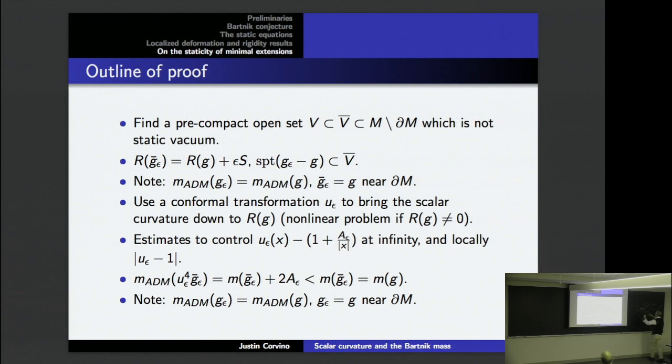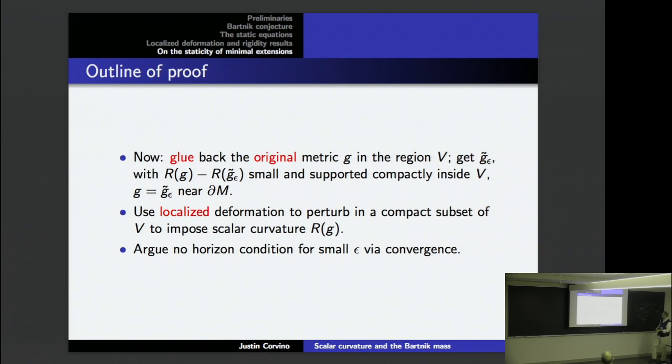So we've taken this original data, perturbed it locally by a little positive bump up of scalar curvature, hit it with a conformal factor to bring the mass down. That conformal factor runs into the boundary. But epsilon's small, and we know with good control we're close to the original metric. U epsilon's close to 1. So now what you do is